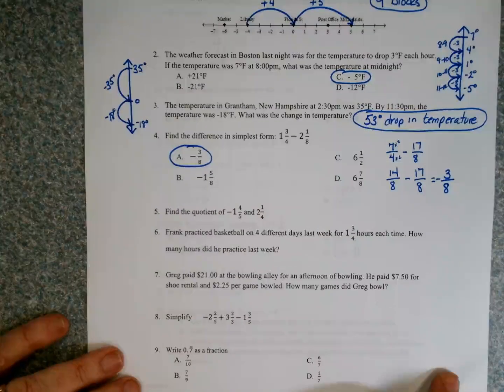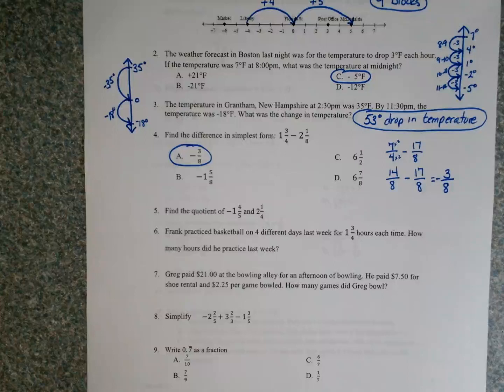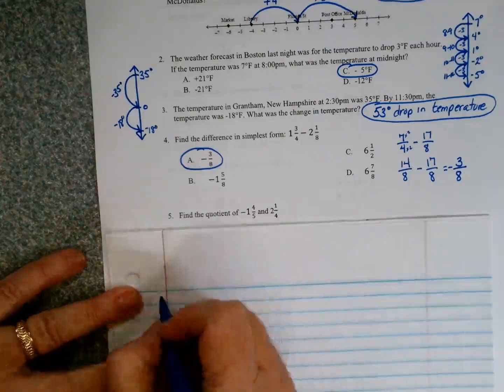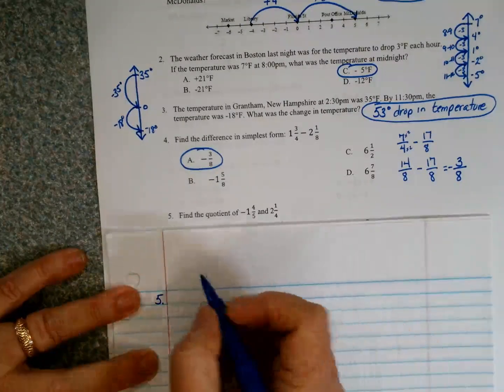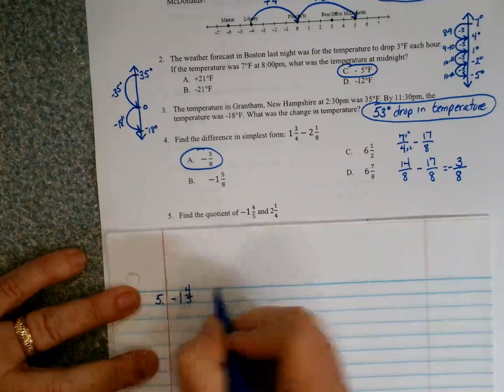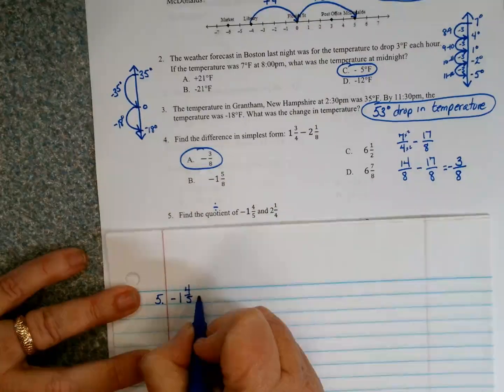Number 5, find the quotients of 1 4/5 and 2 1/4. I don't have enough room to write on here, so I'm going to do this on a piece of paper. So number 5, I have negative 1 4/5, and the quotient tells me I'm going to divide. So this is divided by